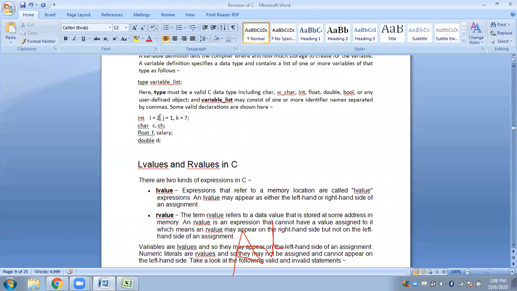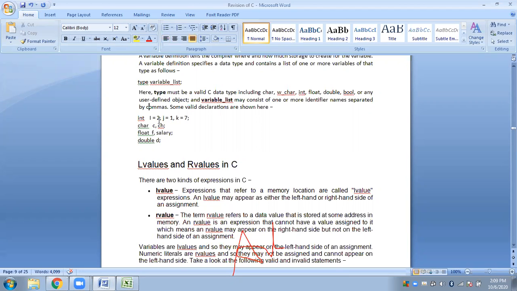You can call this variable definition, or variable initialization. Along with declaring a variable, you have also placed values inside those variables.